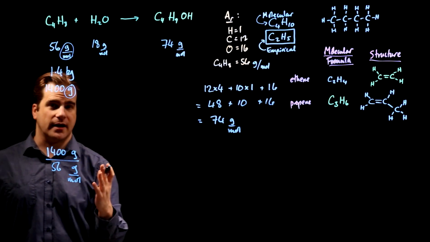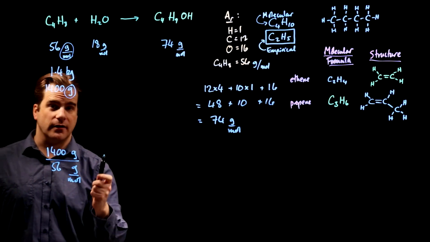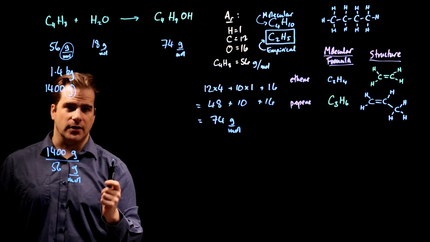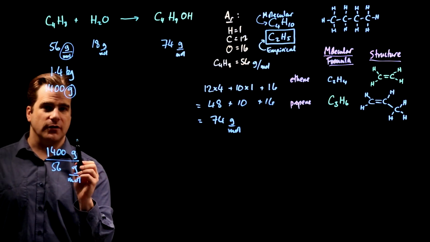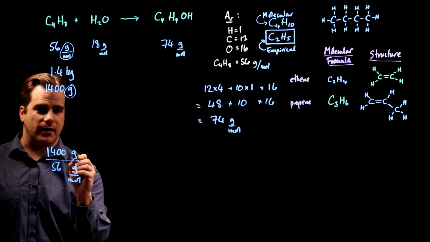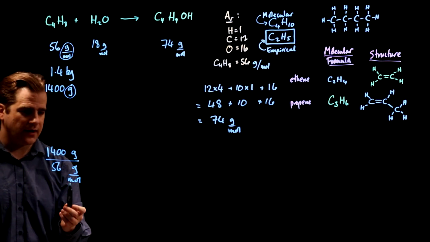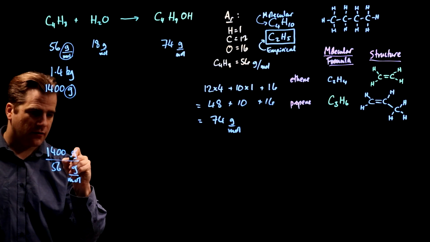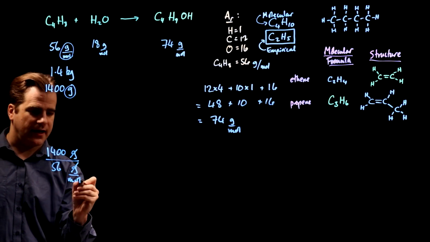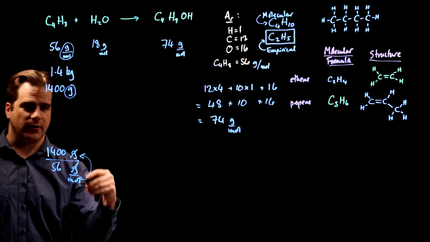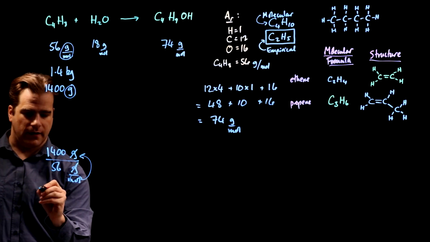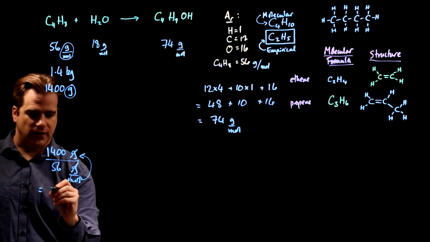How did I know that we had to divide? By looking at the units, which is why you must write in the units. If you divide something that has in units of grams by something in units of grams per mole, the grams cancel, and when you divide and divide again, the moles flips up to the top, so it ends up on top, and that becomes 1,400